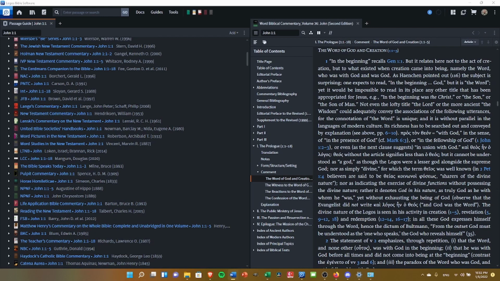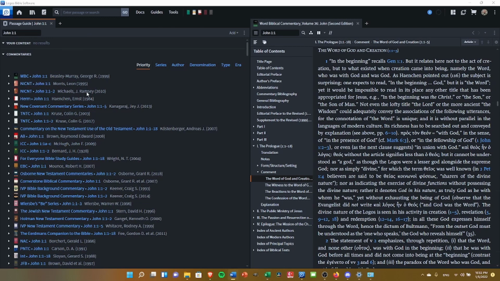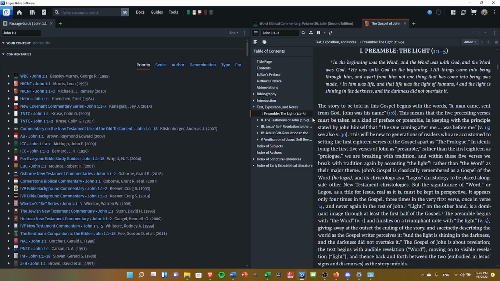So once again, as with any sort of Logos resource, if there is a reference in a text to a different resource, be it a commentary or monograph or other resource that you have in your library, it will link in the pop-up menu and you can click the reference. So for example, if I open the, say, revised version, J. Ramsey Michael's New International Commentary, okay, that's how it opens. They're doing it by pericope, so this is going to be the first 5 verses will be covered in the